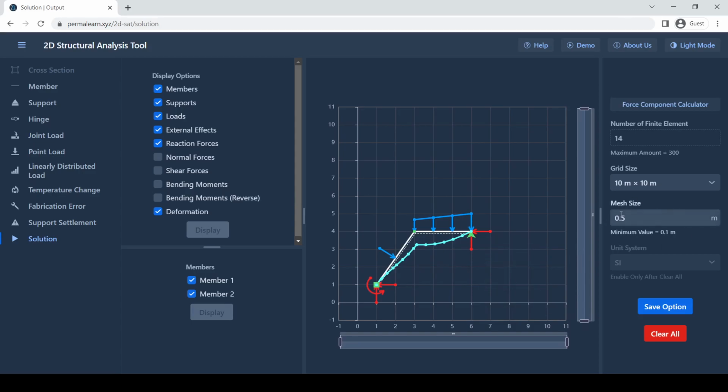And feel free to change or adjust this size according to your need. However, there's a minimum limit to this value, as well as a maximum limit to the number of finite elements. And with that,